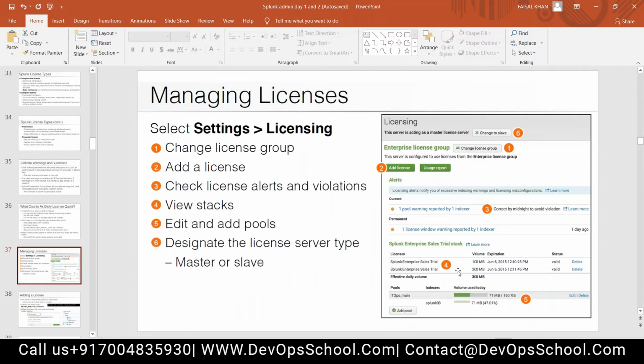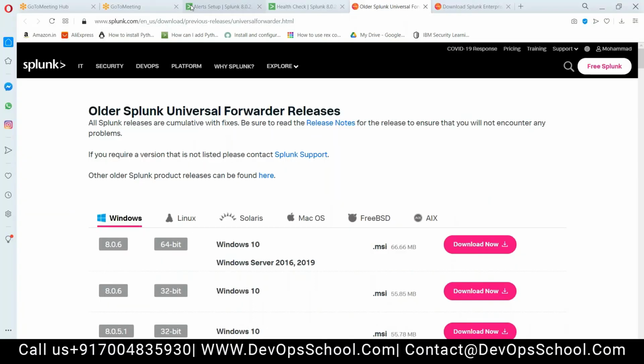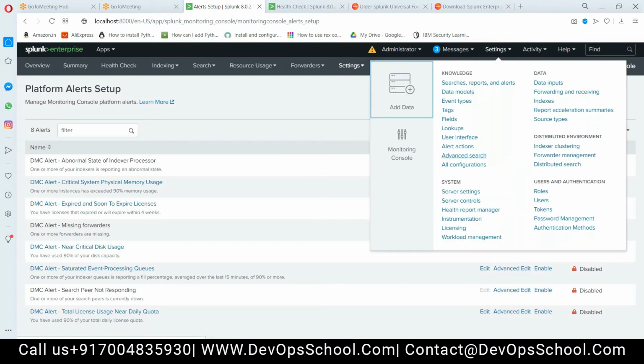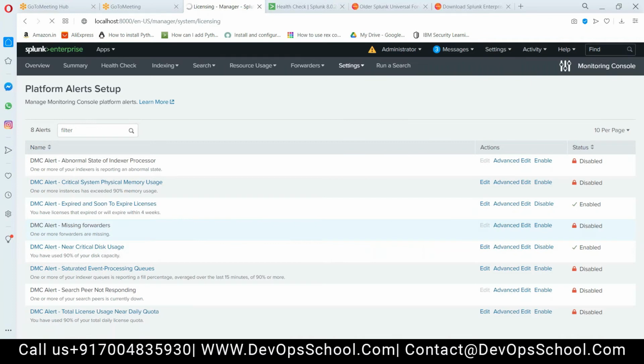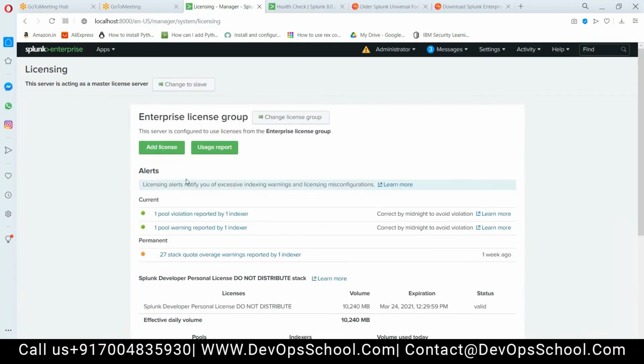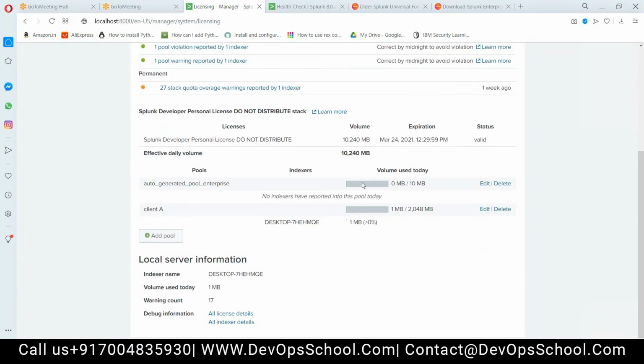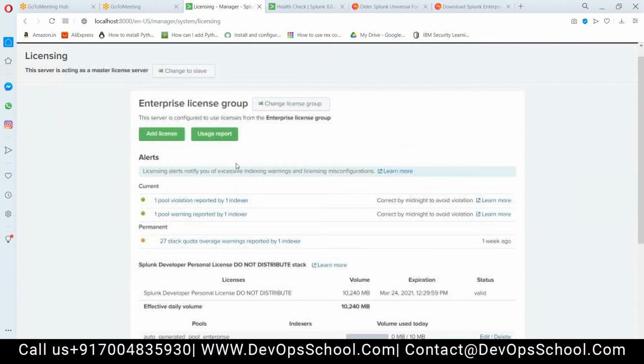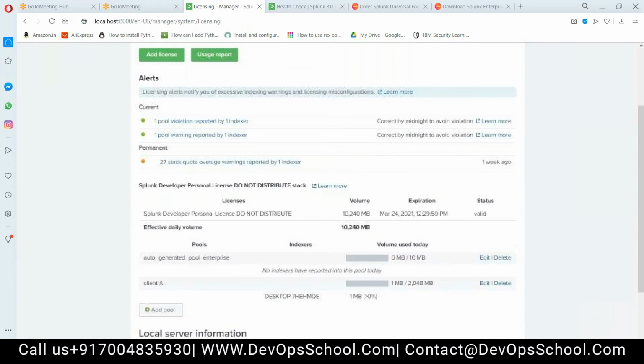Now, where is the licensing page and how does it look? So let me go there. In the settings page here, there is the licensing tab at the bottom. Here you have a good overview of the licensing part. So what is my current license? My current license is 10 GB.